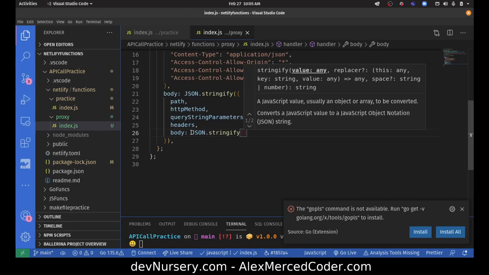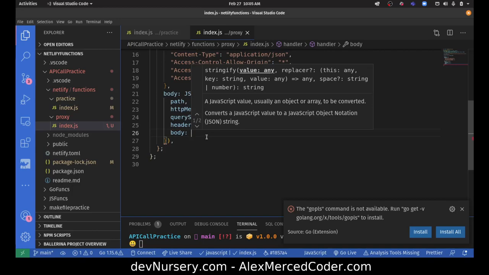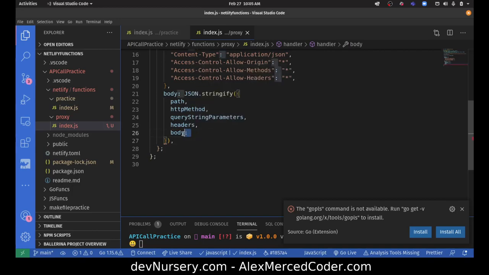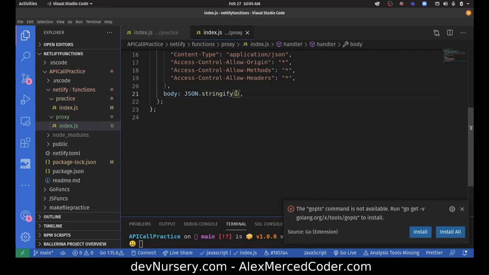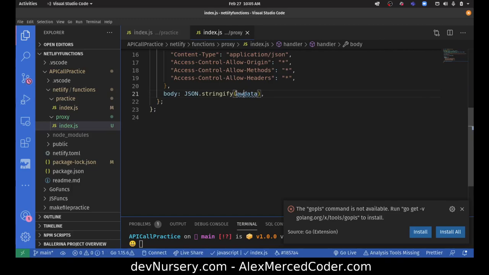I'm already stringifying this object, so I don't need to do that. Actually, I don't need any of this because that's the body. So body, I want to JSON.stringify data, and I want to wait for the data to